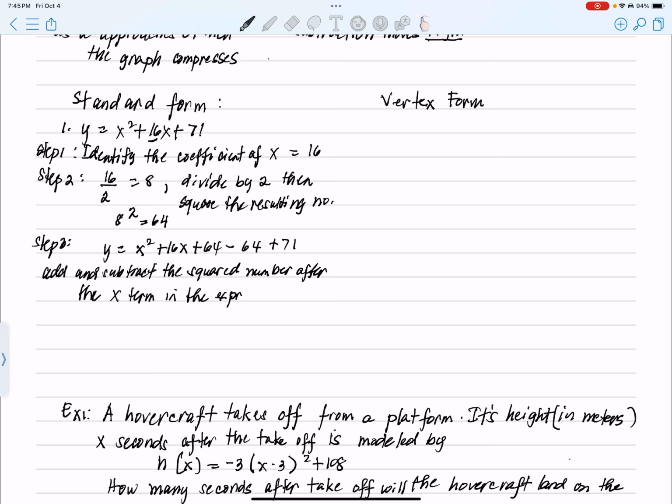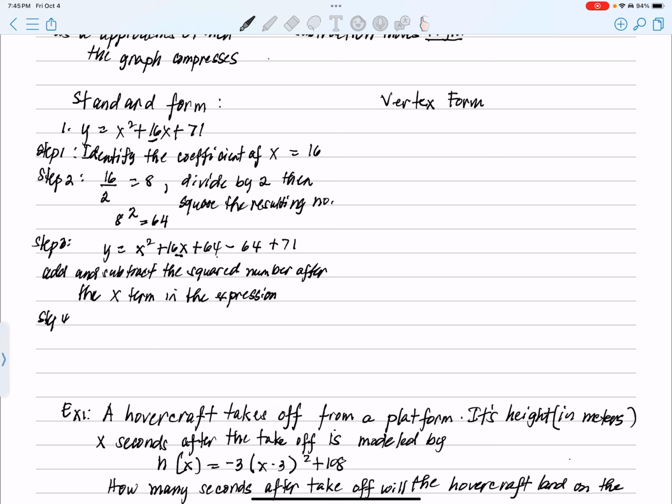So I want you to look at what I did. After the x, I add and subtract 64. So let's simplify. Step 4,